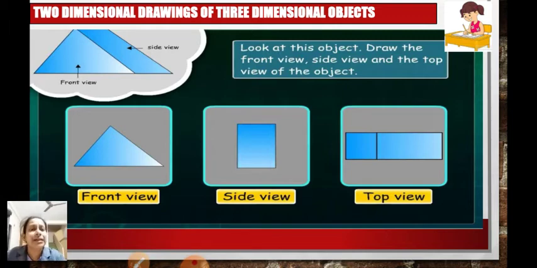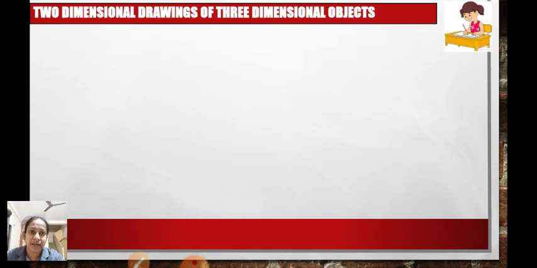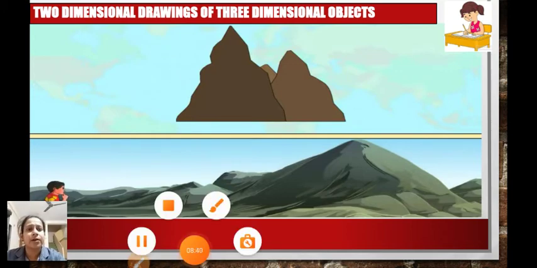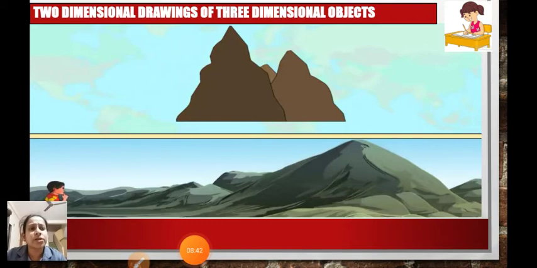Fine. Now let us go a little further now. This is very easy in this type of geometrical figures. But you must have seen how mountains are depicted on the geographical maps, right? So these are the mountains, and on the geographical map it will be drawn in the form of contour lines.